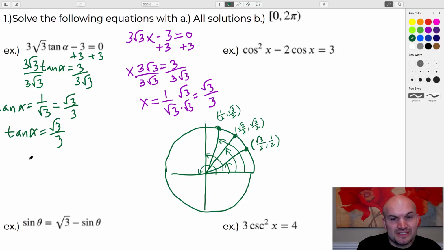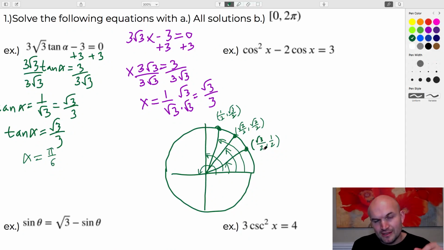So I am going to see that this graph is going to equal alpha, at least in the first quadrant, is going to equal pi over 6. I'm not going to go through the algebra here, but if you take the y coordinate over the x coordinate, 1/2 over square root of 3 over 2, you would get square root of 3 over 3 once you simplify it. Now, that's not the only angle where tangent is equal to a positive